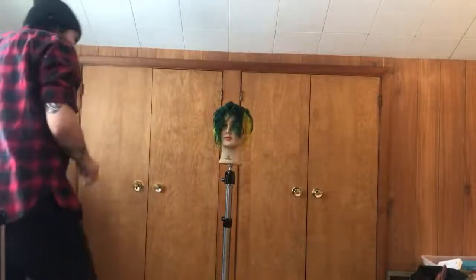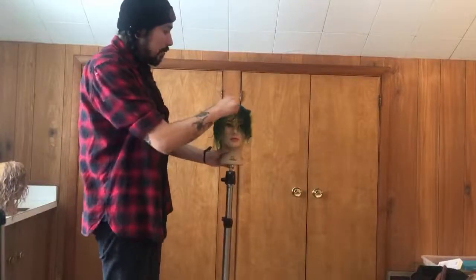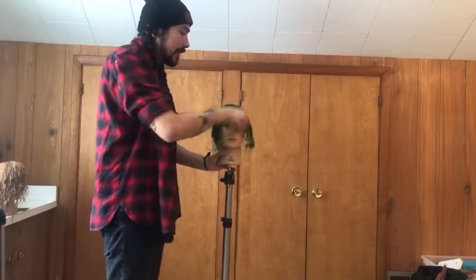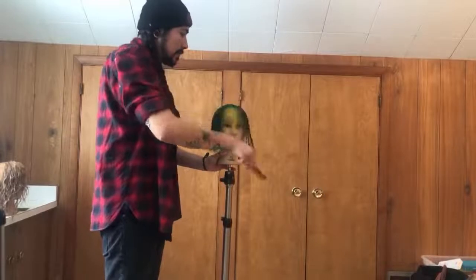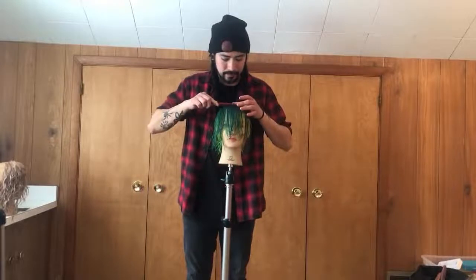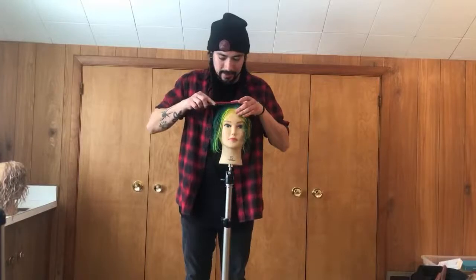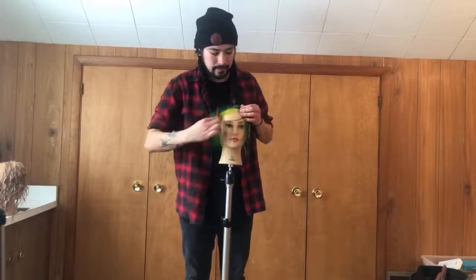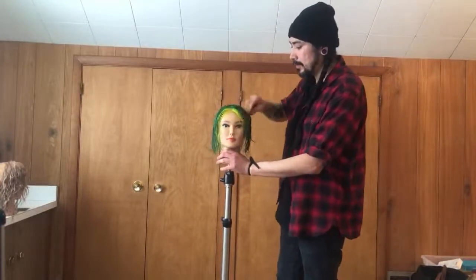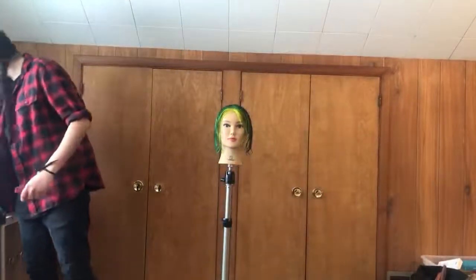Okay, and then I'm going to comb. And what I want to do, just to make this easy, is part this down the center. That way I have the same amount on both sides. Okay, so I'm going to make this about as centered as I can here. Alright, so once I've got that down and taken care of,